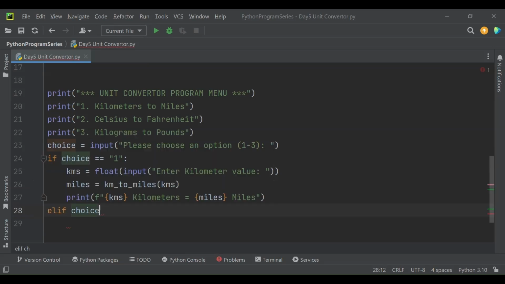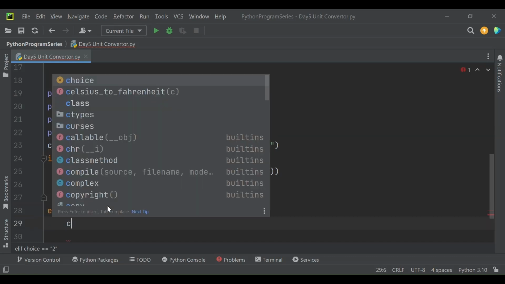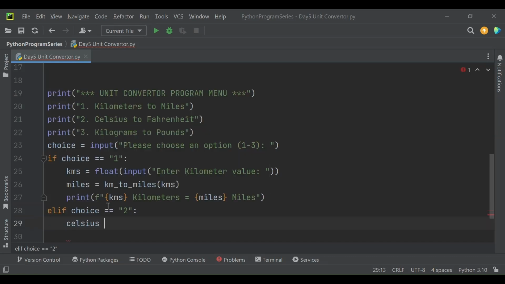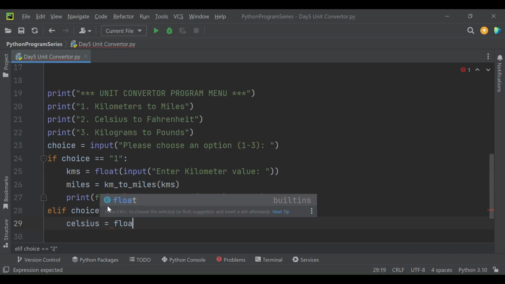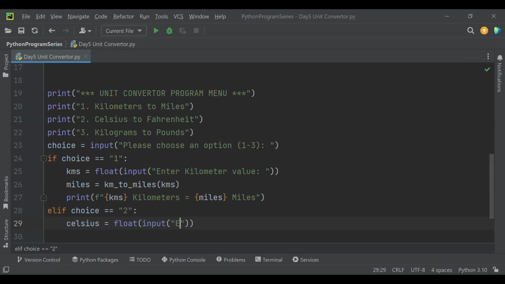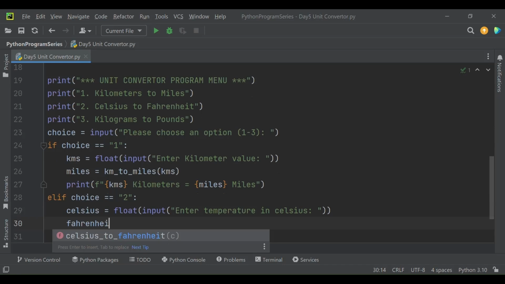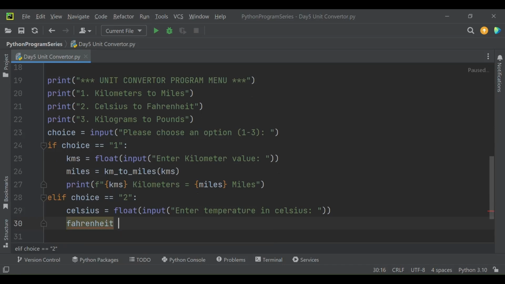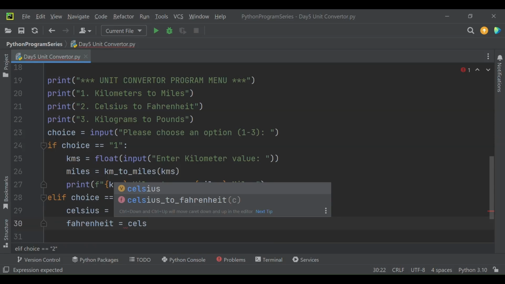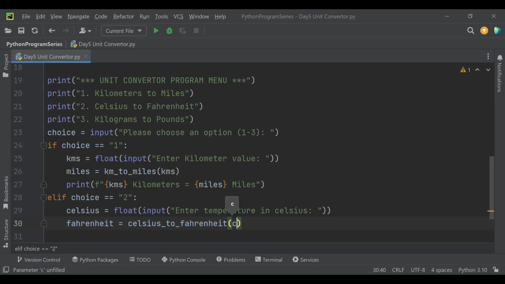Otherwise, if the user's choice is equal to option 2, then we will get the value of temperature in Celsius, and once again it is going to be a floating point type value. Inside the input function, we will enter our prompt, enter temperature in Celsius. We will then convert it into Fahrenheit, and we will call here the Celsius to Fahrenheit function and pass the Celsius value